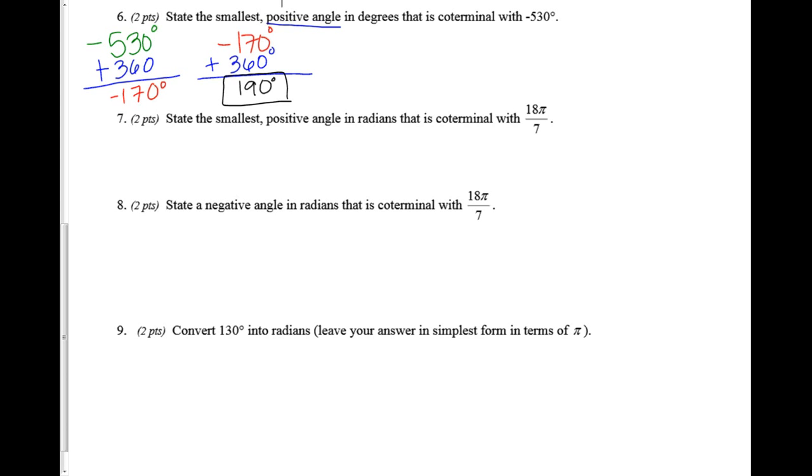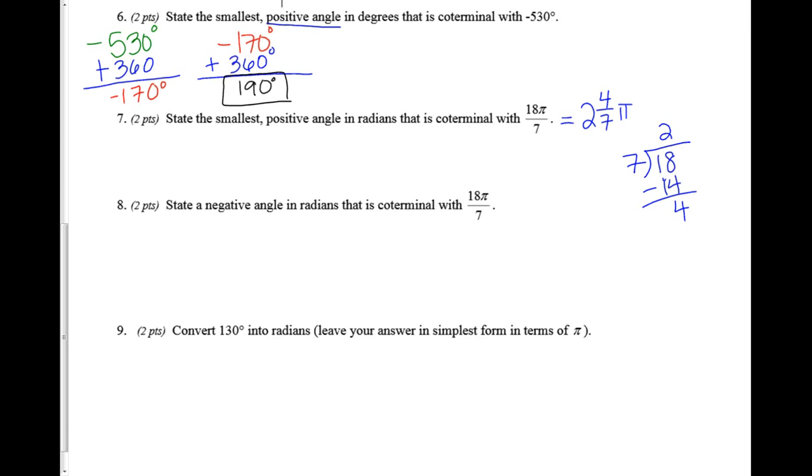Well, a lot of times in radians, I'd rather think of this as a mixed number because I know just like I could add and subtract 360, I could add and subtract 2 pi. So what is 18 pi over 7? Well, 7 goes into 18 2 times. Whoa, 7 times 2 is not 16. 7 times 2 is 14. So 18 minus 14 is 4. So that means if I wanted to write this as a mixed number, this would be 2 4/7 of a